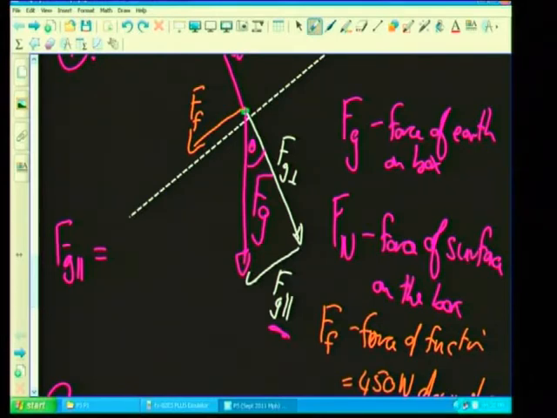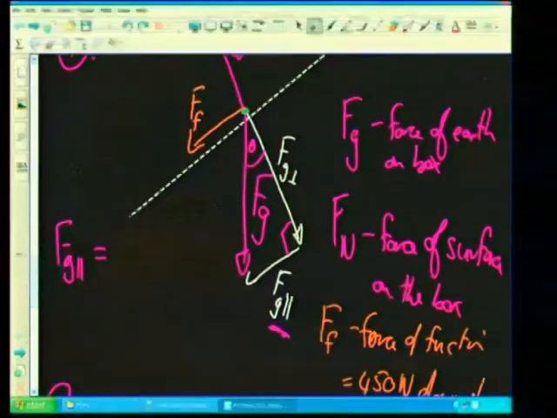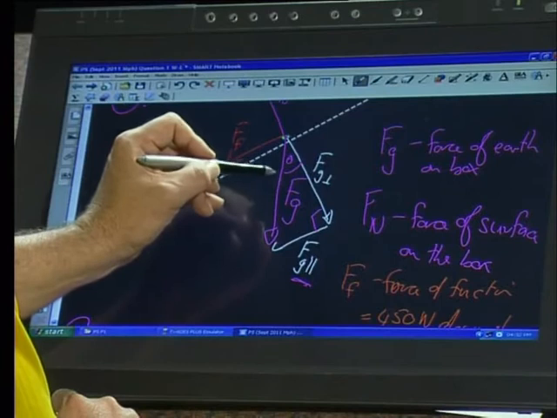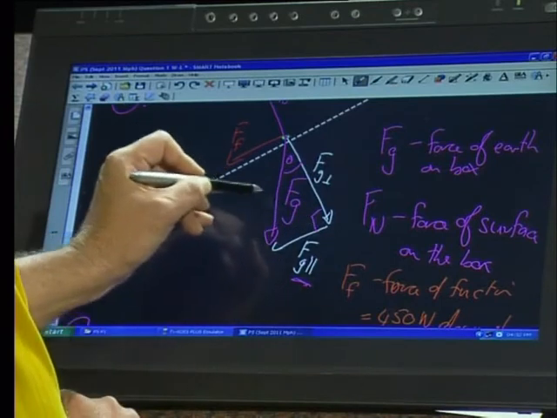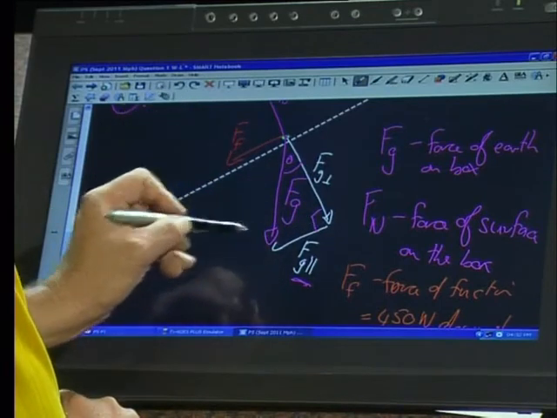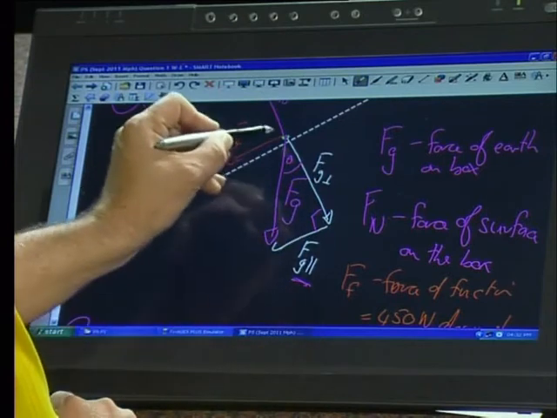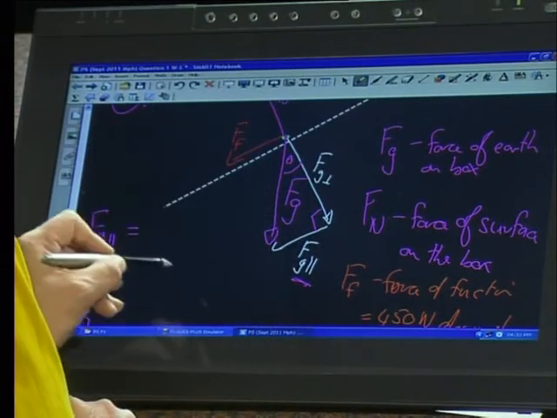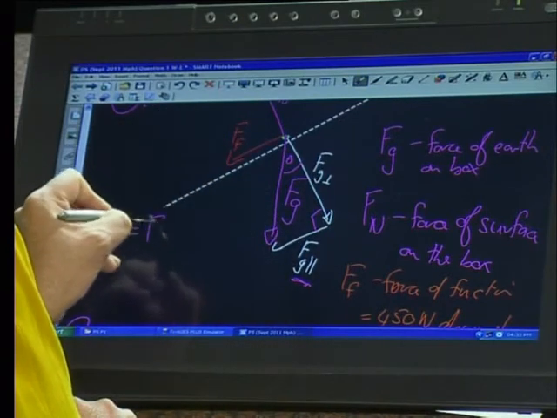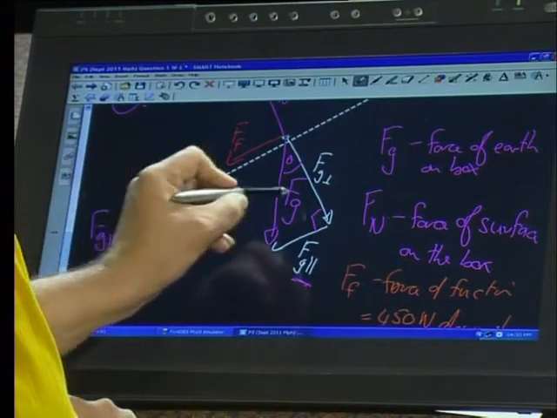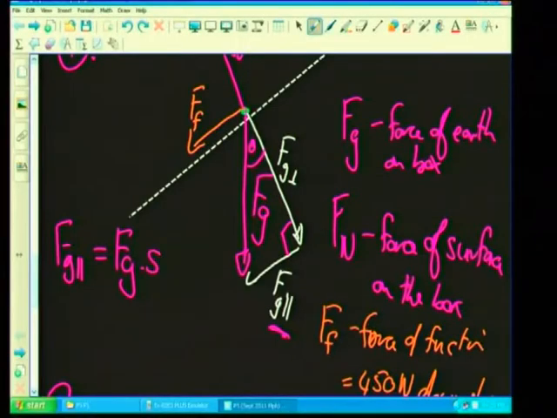So we're just going to apply a little bit of trigonometry. What we're going to say is that's opposite. This is opposite the 90 degrees, so that's the hypotenuse. And so I'm sure you can see that we're going to use sine theta. So we're going to say it's FG, the hypotenuse, times sine theta. So FG parallel is